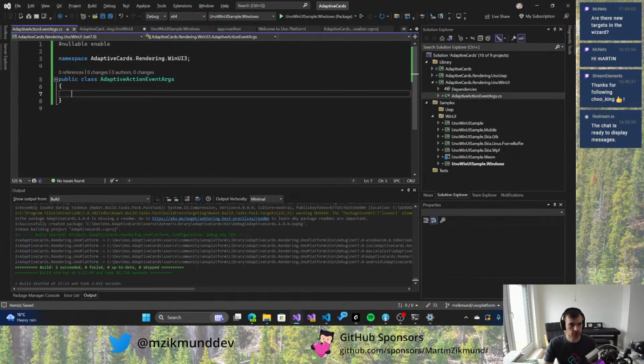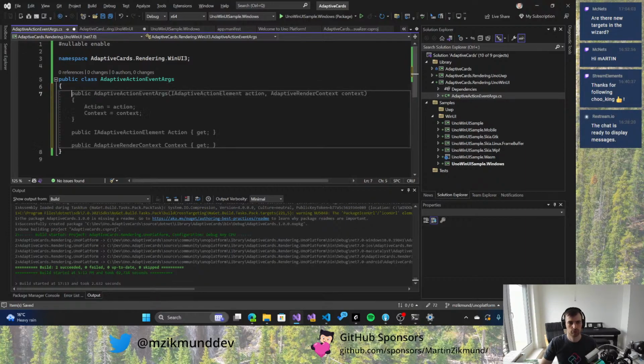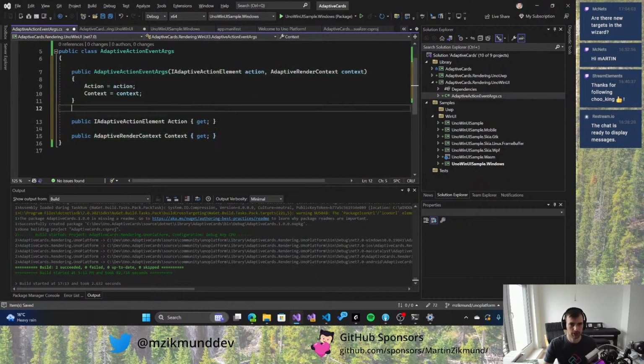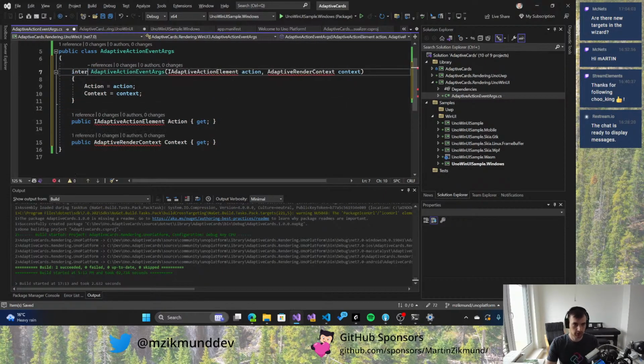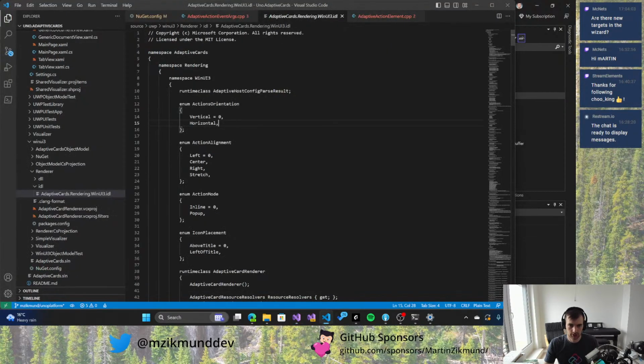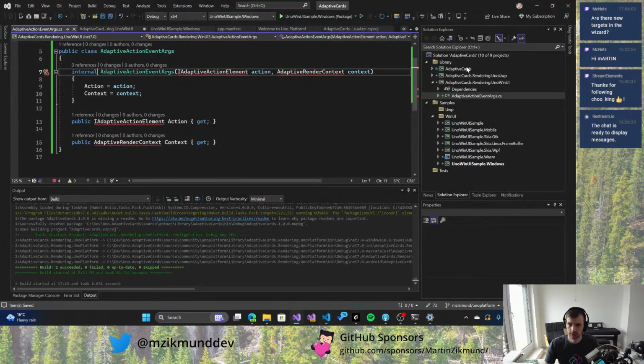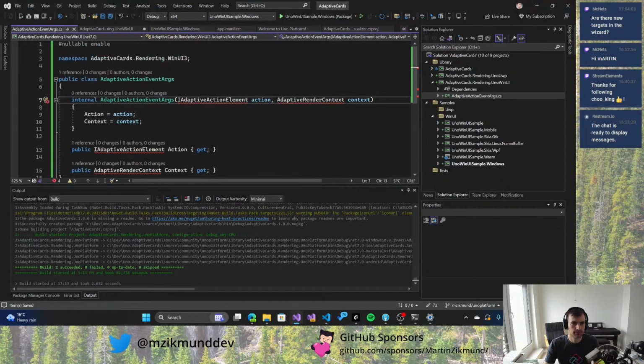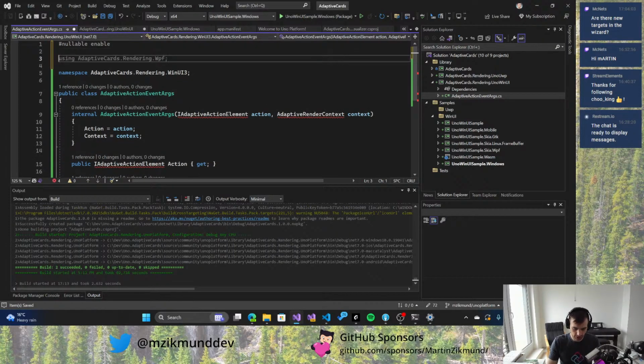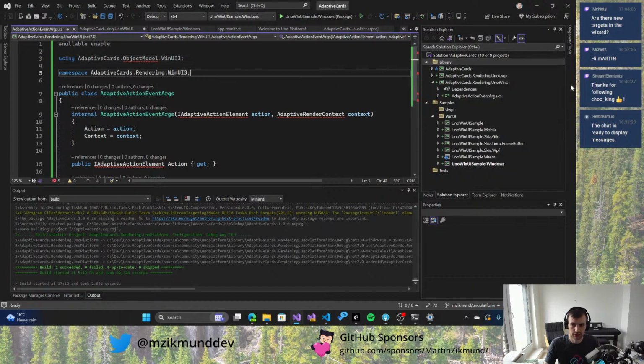Oh, what was the suggestion here? Yeah, that's almost what we need. Not completely, but close. We'll have it internal. There is adaptive action element action. So that's in object model WinUI 3. So we'll be adding a using for that one. And we will be creating